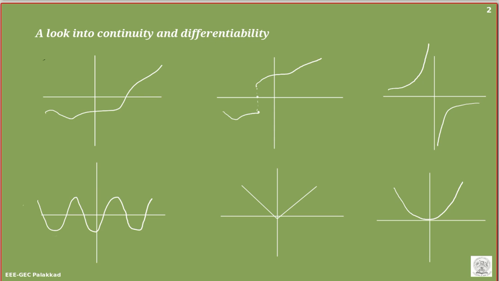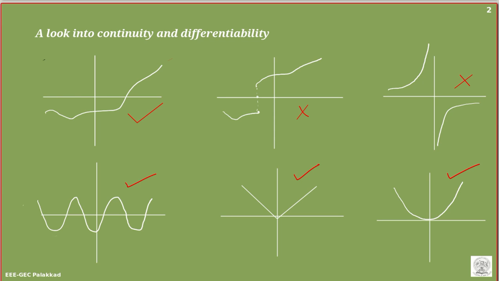If you look at this function, what can you say? This function is continuous, as it is seen that at every instant of time we have the values of x and also f of x. So this is a continuous function. Here we have a discontinuity, so this is not a continuous function. This in fact is continuous, this is continuous, and this is also continuous. So looking at the function, we can say whether it is continuous or not. But if we are not able to plot the function, how do we see without plotting